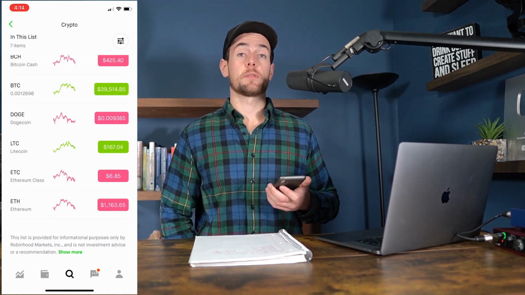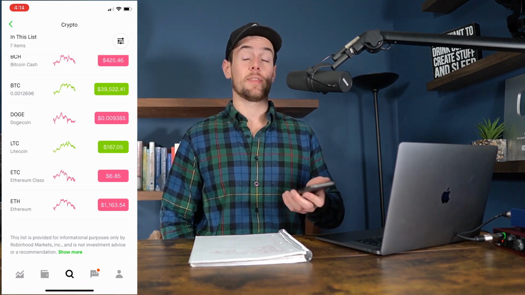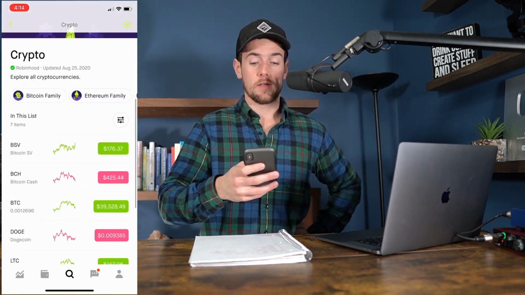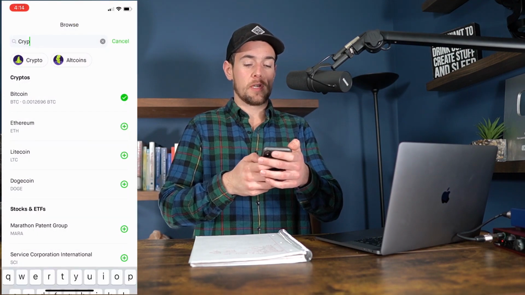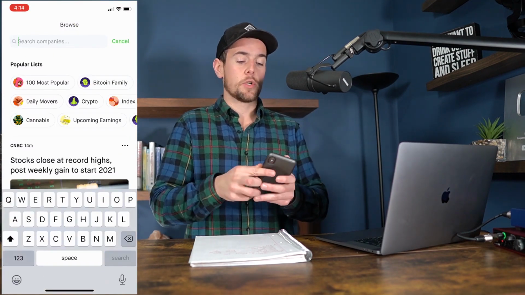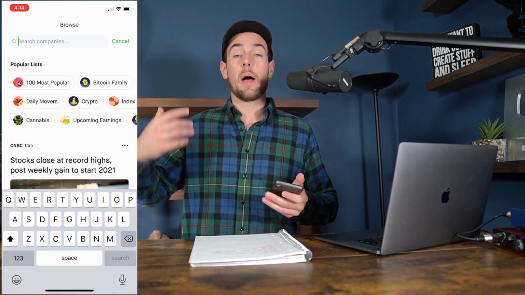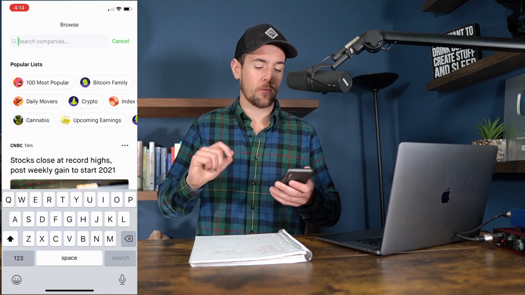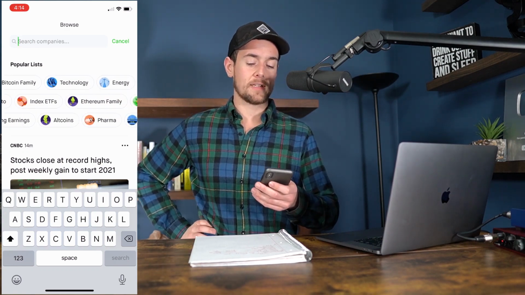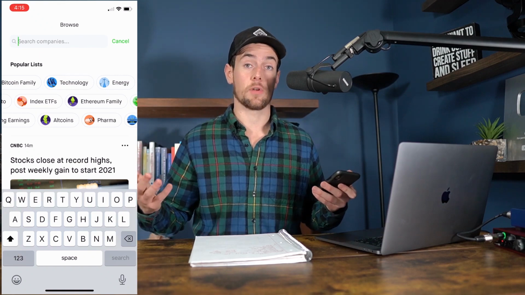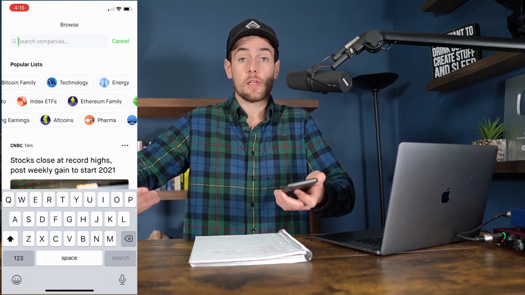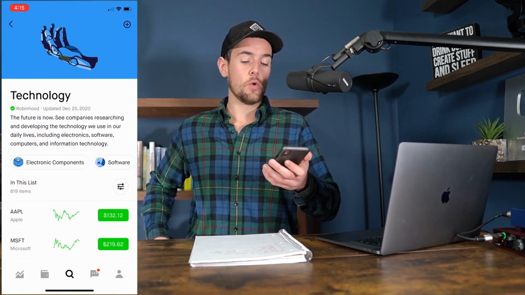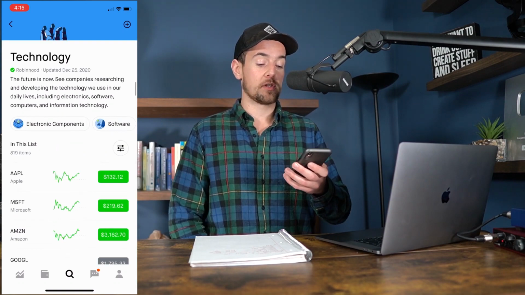The next thing I want to show you is more of the research tools and data available within the app if you're simply looking to find investments and you don't necessarily know what you're looking to buy. So we just typed in cryptocurrency from our last example, but I'm going to clear that out because I want to show you the popular lists at the top. The popular lists is a collection of stocks or ETFs within a certain category. So for example, we have one called technology. If you're looking to buy tech stocks, for example, you might click on one of these popular lists to get ideas for potential investments. So if I click on technology, you can see that it offers 819 different stocks here